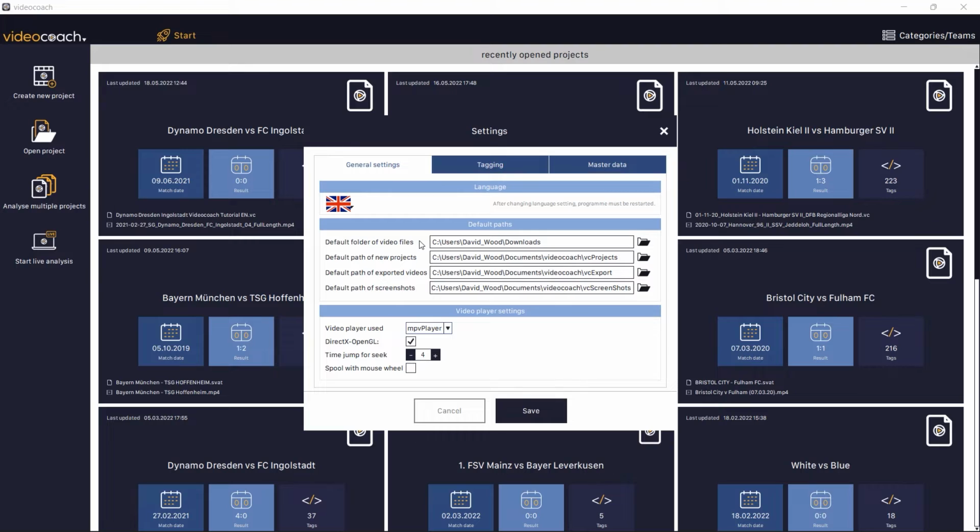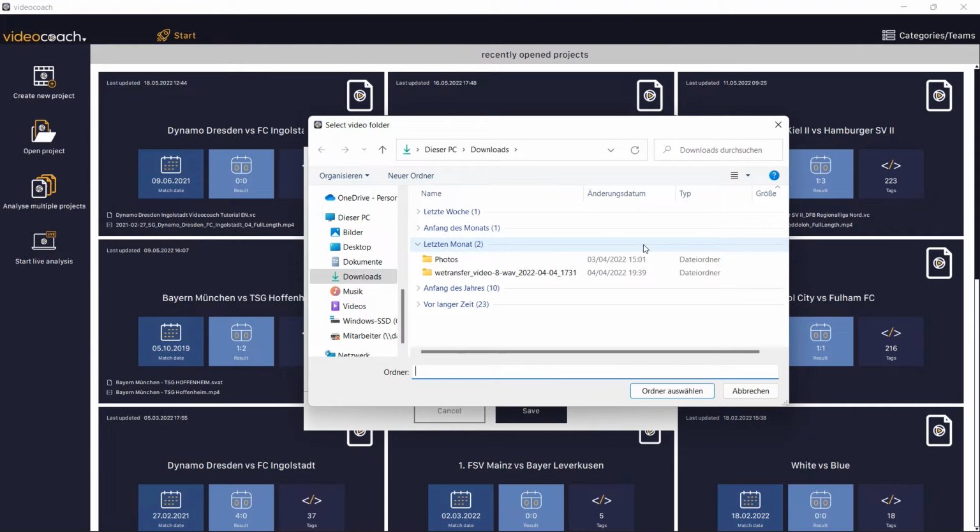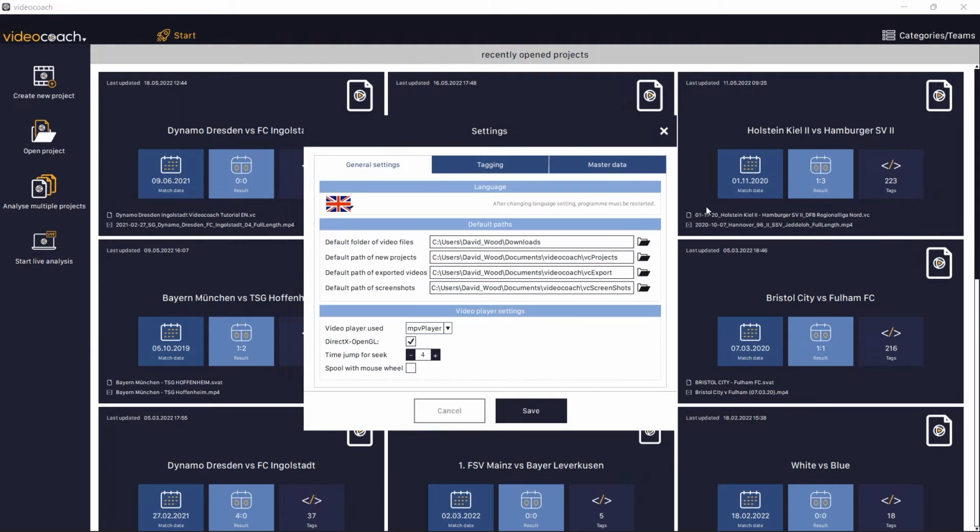The default path of your video files is the folder that videocoach opens when you want to add a new video while creating a project. videocoach also searches for a video file in this folder and all its subfolders should a video not be found while loading a project. This is the case, for example, if you open a project from another colleague on your computer and your videos are stored in a different location. If videocoach can find the corresponding video in your default video path, it is automatically relinked and you can immediately